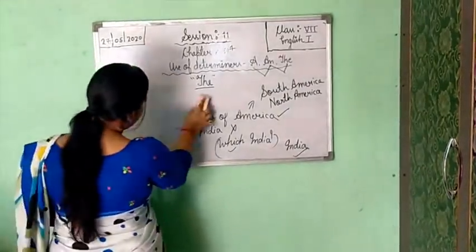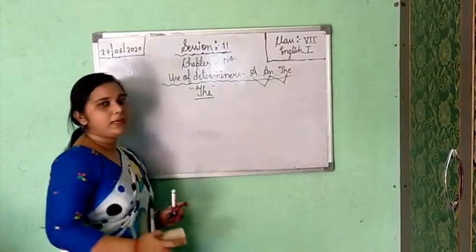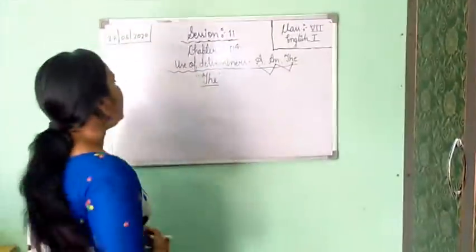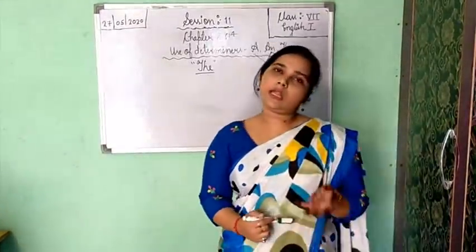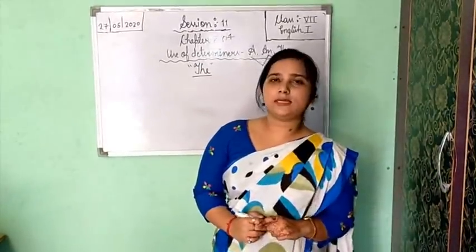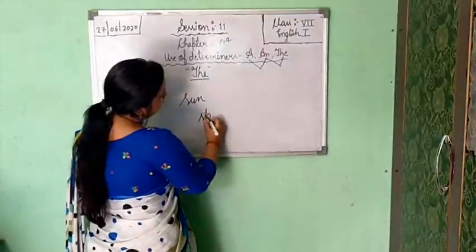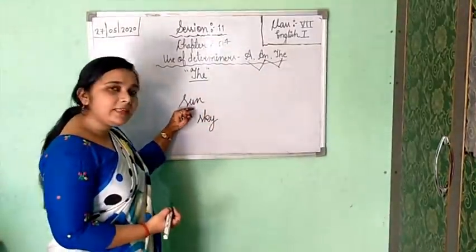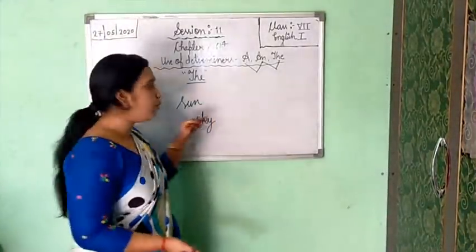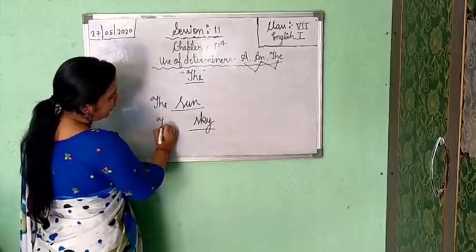Now it creates confusion why we are using "the" with America but why we are not using "the" with India. So I think this point is clear now. Now if you are getting a noun as a common noun, but if it is only one, you will use "the". For example, sun. Everyone knows the sun is only one. Everyone knows the sky is only one. You can see the sun, I can see the sun, you can feel sunlight, everyone can. So it is used in a specific way. That is why we will use "the" before this.